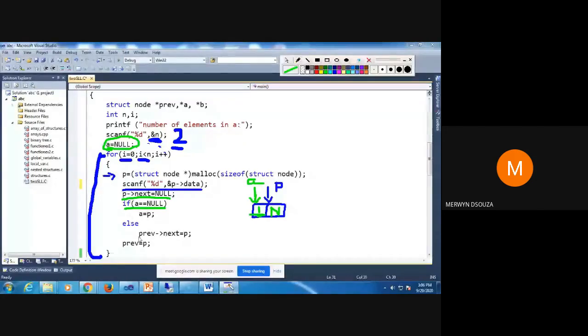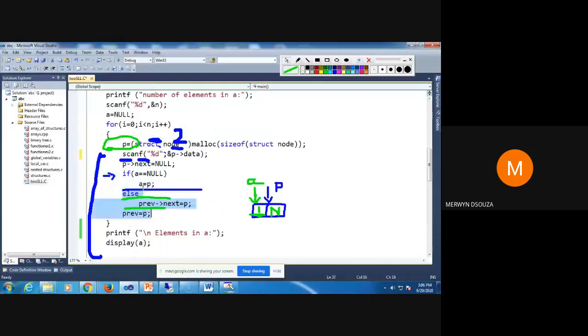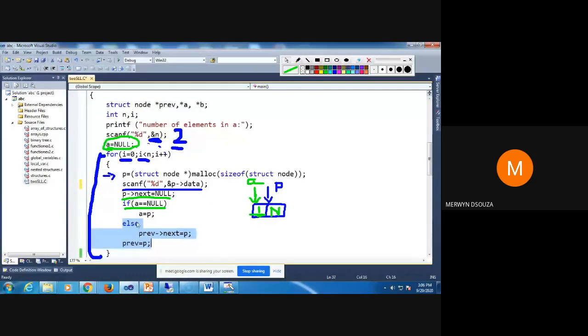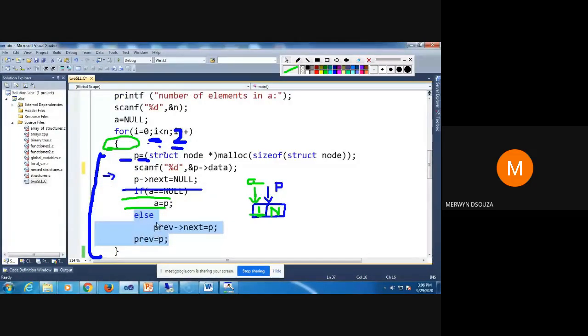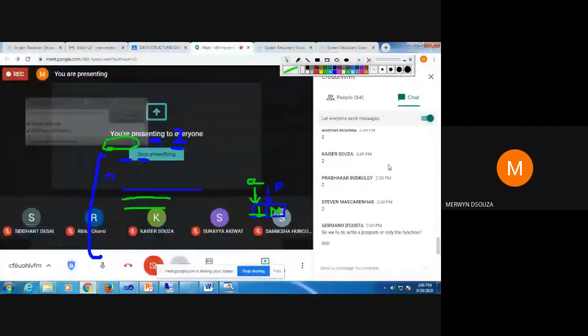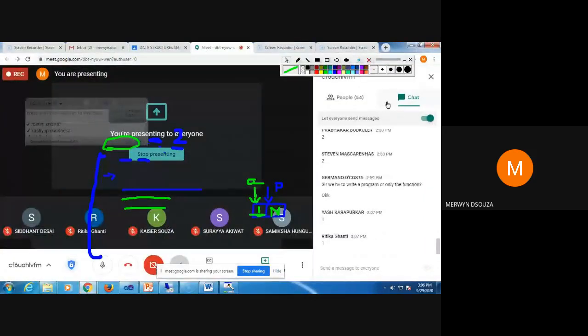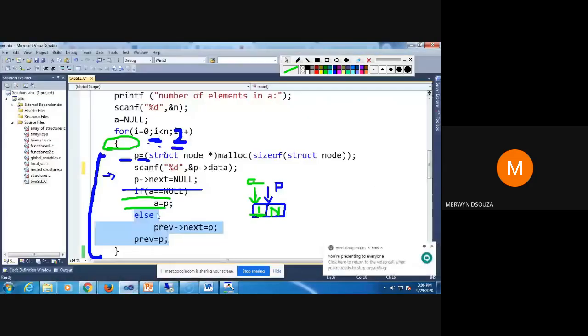Now again, here there is one more advanced part of programming. When you do else here, how many lines of code are included in else? Can you just type quickly in chat? I have highlighted some lines here. So can you tell me how many lines of code are included in else? Yes, all those students were saying 1 is correct.